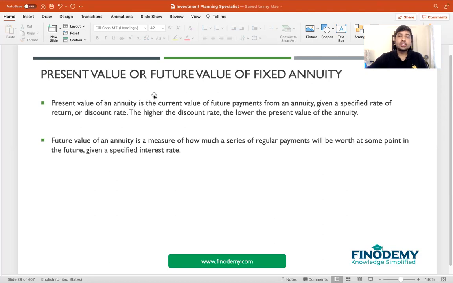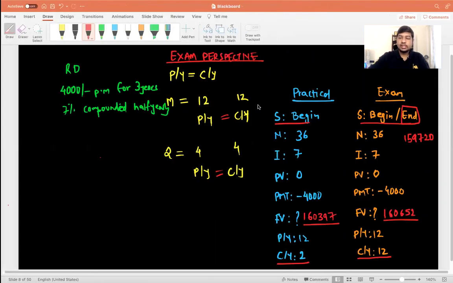Before that, let us read this statement. The present value of an annuity is nothing but the current value of the future payments of an annuity given a specified rate of return or discount rate. The higher the discount rate, the lower the present value of the annuity. What this simply means is that